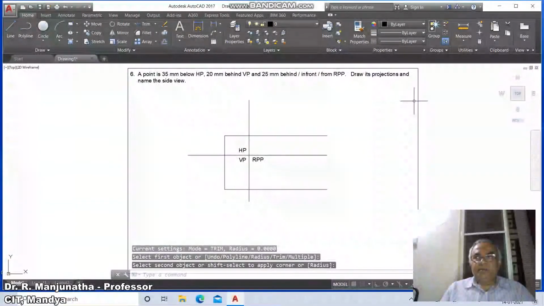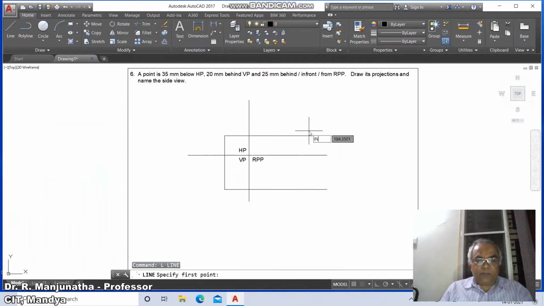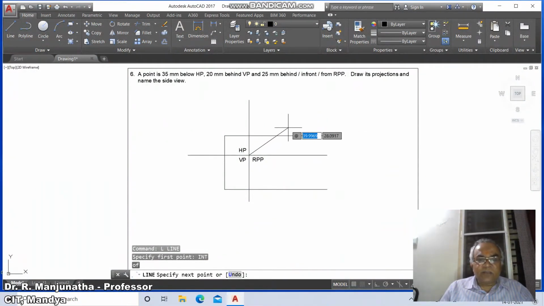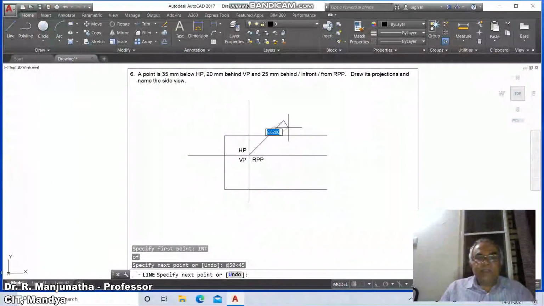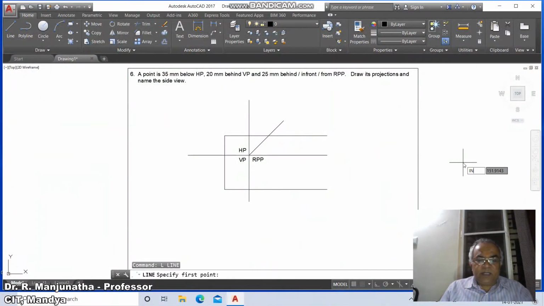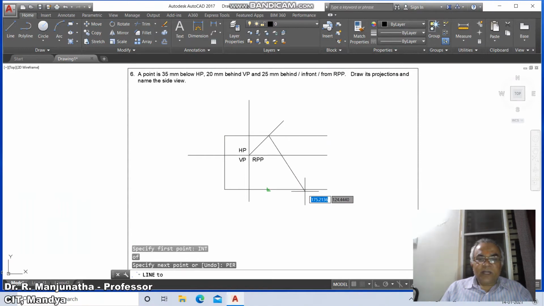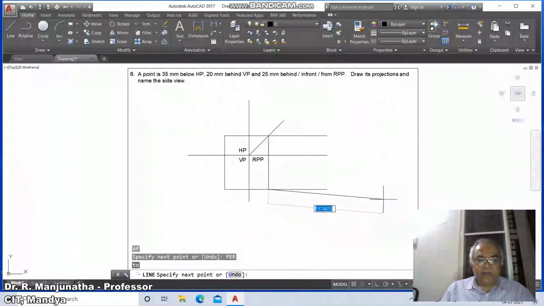Now we need to draw the side view. So go to line command, take the intersection point of this horizontal and vertical. Then at the rate, take any convenient distance. That means this line should cross here. So I will take 50 less than 45 degrees. Then go to line and take the intersection of these two lines. This line has to be 90 degrees with respect to this vertical line, so a horizontal line. So type perpendicular and select this line. Your cursor has to be on that line and then the perpendicular will come here automatically.